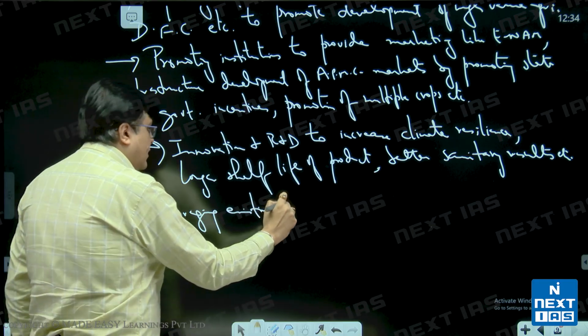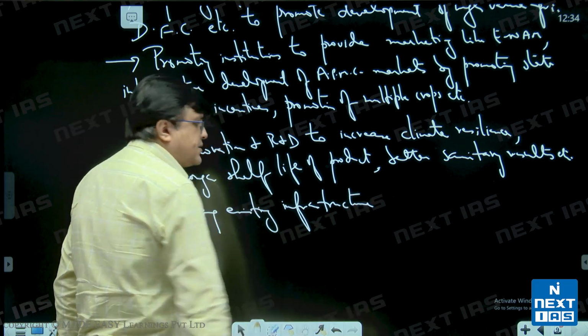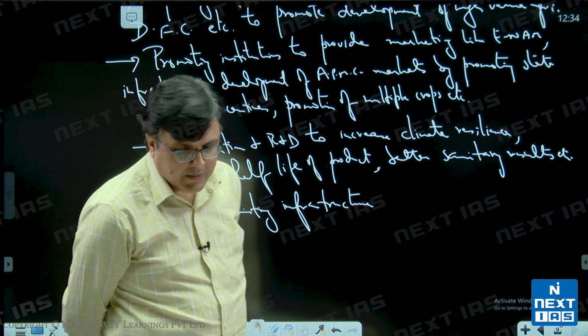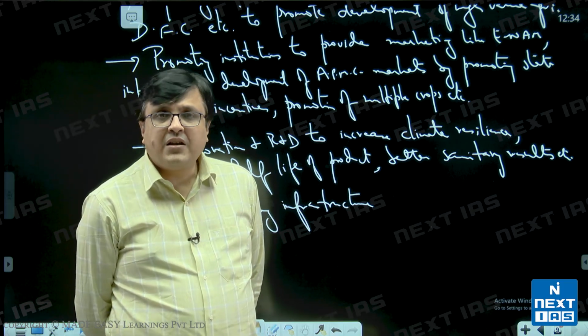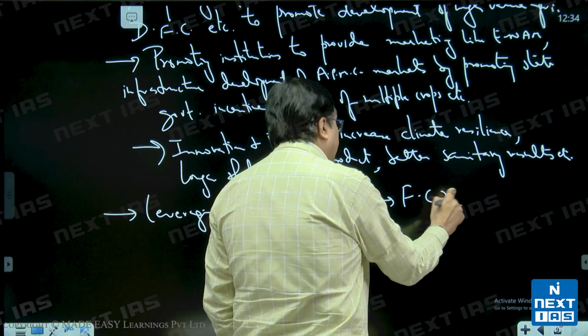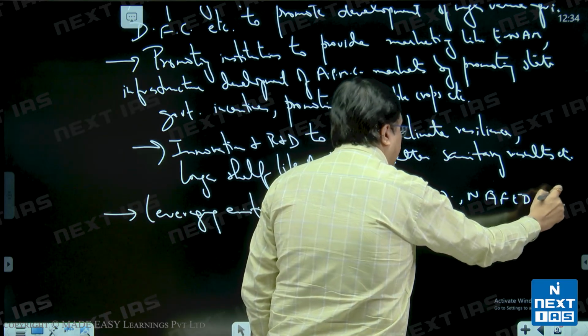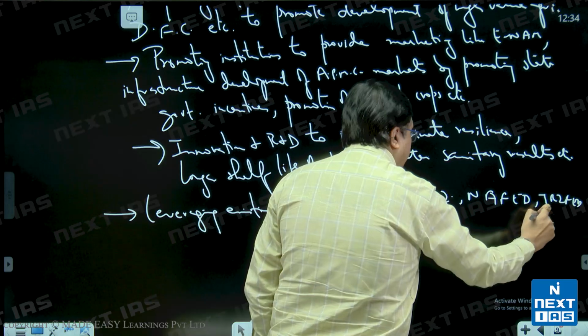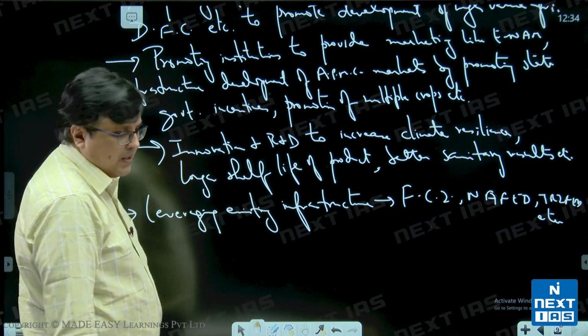Leveraging existing infrastructure, which is like using FCI, using NAFED, using TRIFED, FCI, NAFED, TRIFED, etc. for agricultural marketing, and then